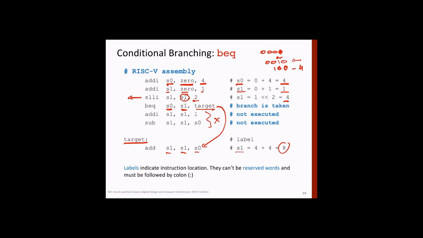All right, any doubt, any question? Sir, if the branch was not taken, that is, if S0 is not equal to S1, then will the target label be processed afterwards? Like after addi and sub then add? So there's a normal sequence, right? If the branch is not taken, the next instruction will be addi, this one. Once this is executed, the second will be executed, and then the third will be executed. This is normal, right? Otherwise, if the conditions are met, you jump directly here. As simple as that.